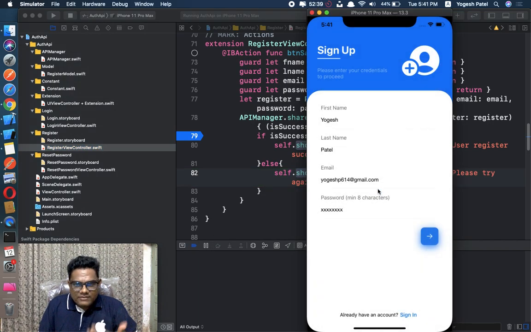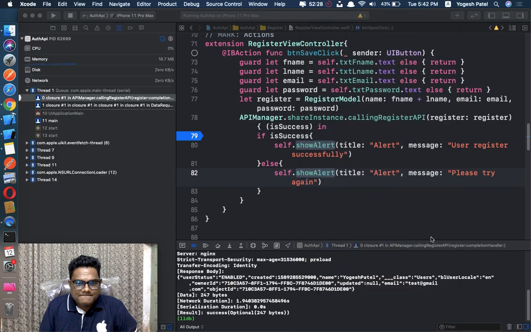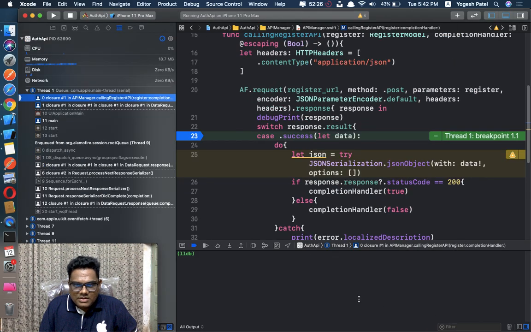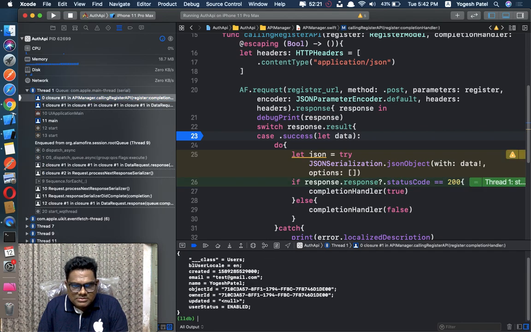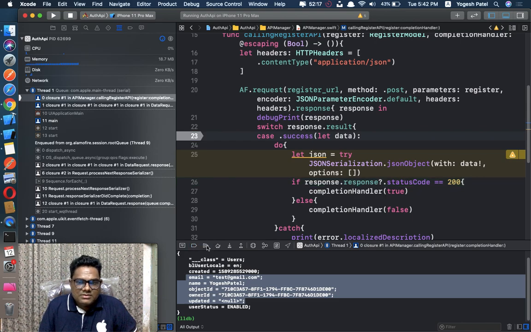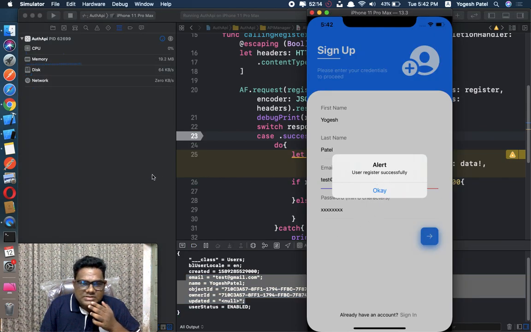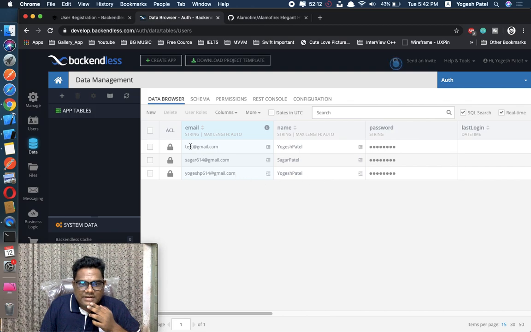So now what I will do, I'm just going to remove this email ID and write any testing email ID, so like just test. Now let's see what happened. Okay, so it's registered. Now the user registered successfully, and we can see here test@gmail.com. Good. I'm explaining one more thing.